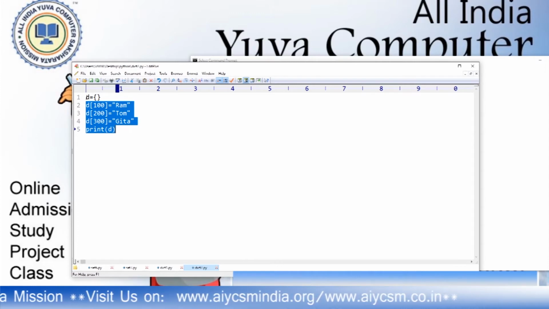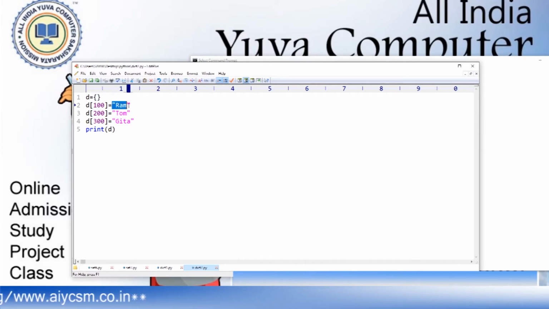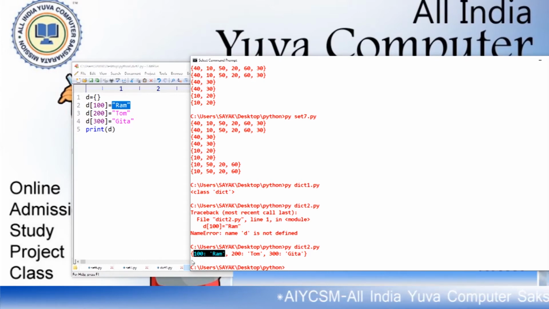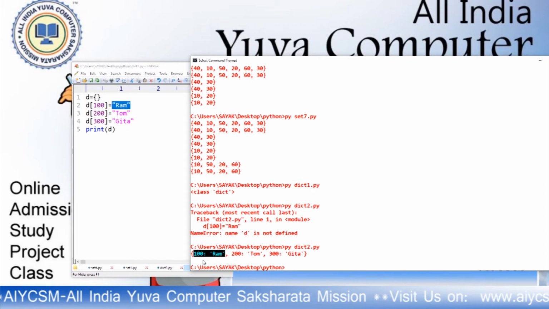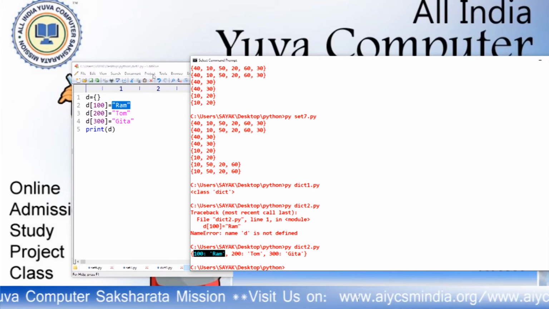First you have to take a dictionary. This dictionary is empty. Now for this dictionary, this is the key, and against this key this is the value. This is the key and this is the value. Together it is known as an item, and this is item number 1, this is item number 2, this is item number 3. So the length of the dictionary is 3. Okay, this item is considered as a single element of a dictionary.